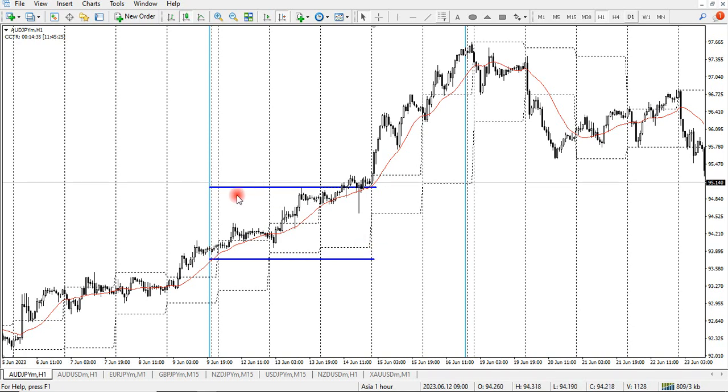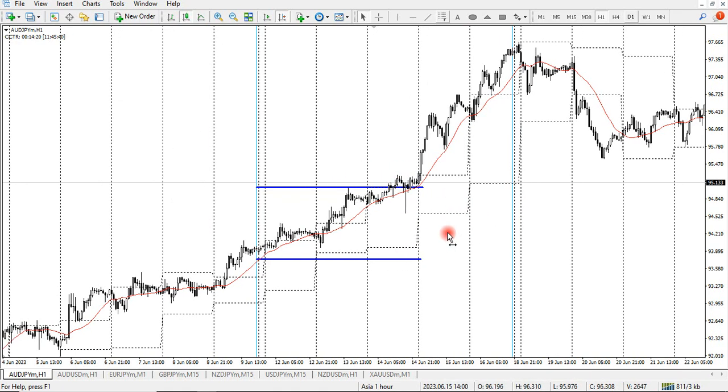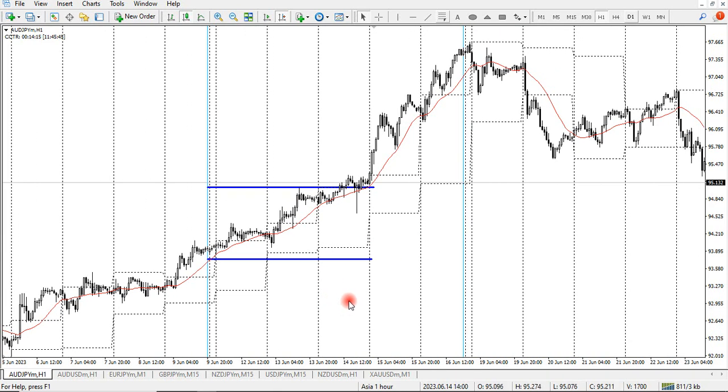So as you can see, we know that markets do 3 things. They break out, they pull back and reverse. They break out of consolidation, they pull back and they trend. They break out of consolidation, they pull back and consolidate more. So let's look. Our weekly consolidation is made up of Monday and Tuesday. Monday and Tuesday give us a weekly consolidation.